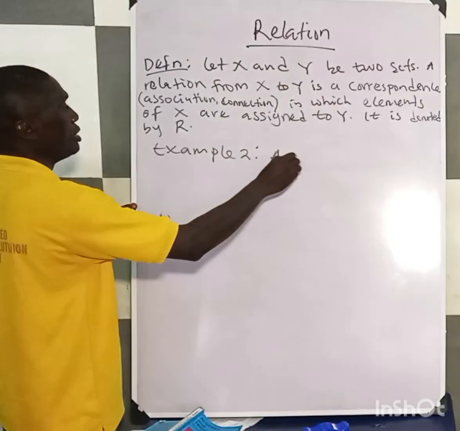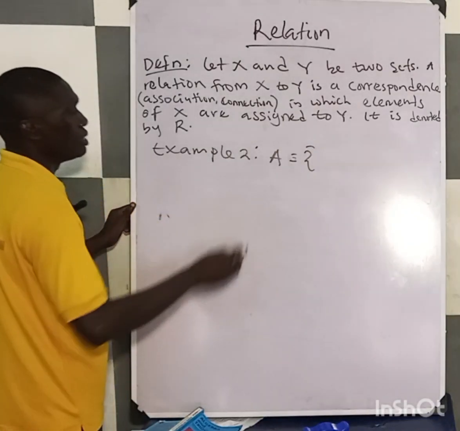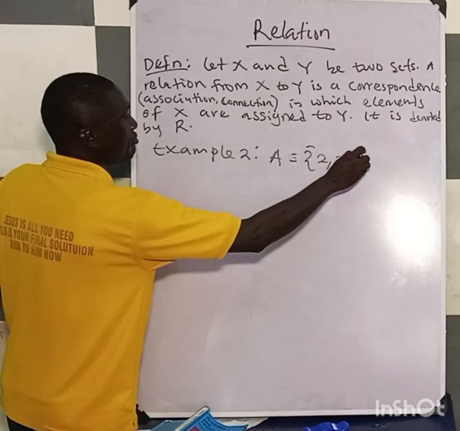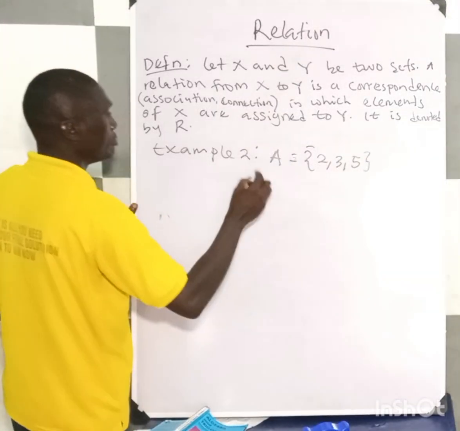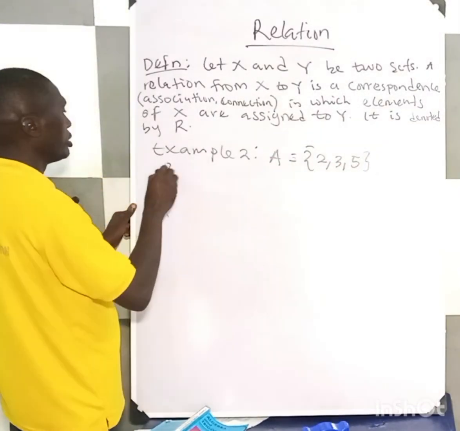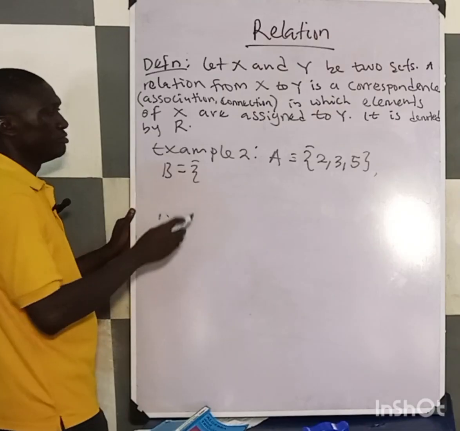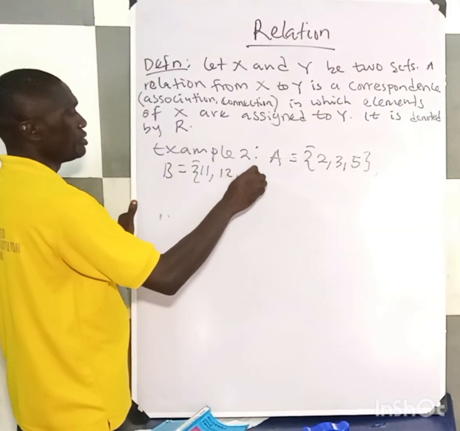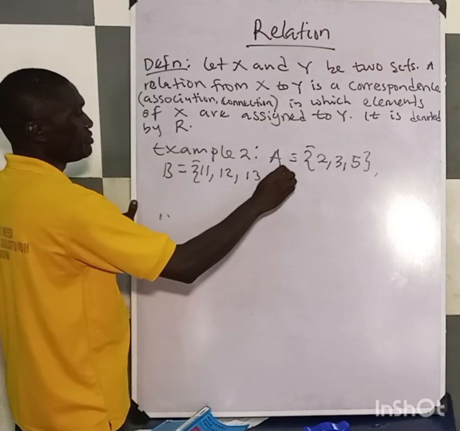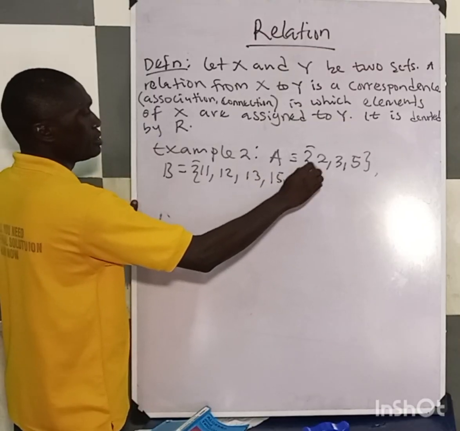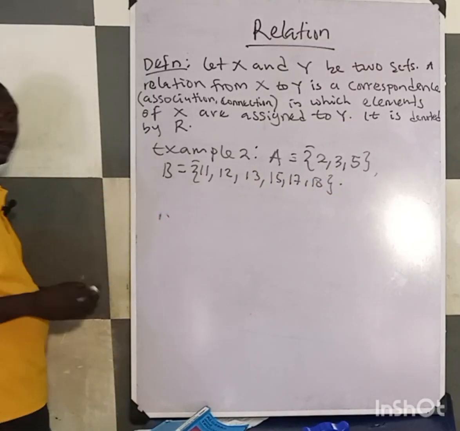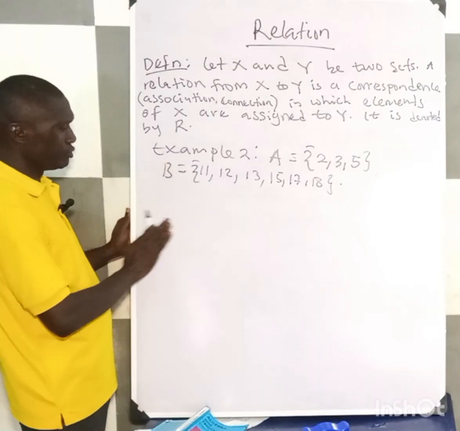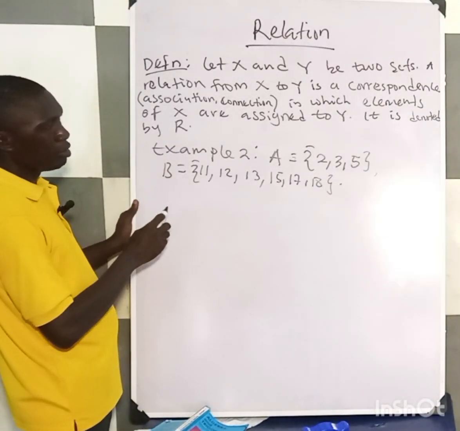Assuming I have a set of numbers, let's pick 2, 3, 5, and B, another set. This time around, we have 11, 12, 13, 15, 17, 18. Let's say these are two given sets, and then we are asked to